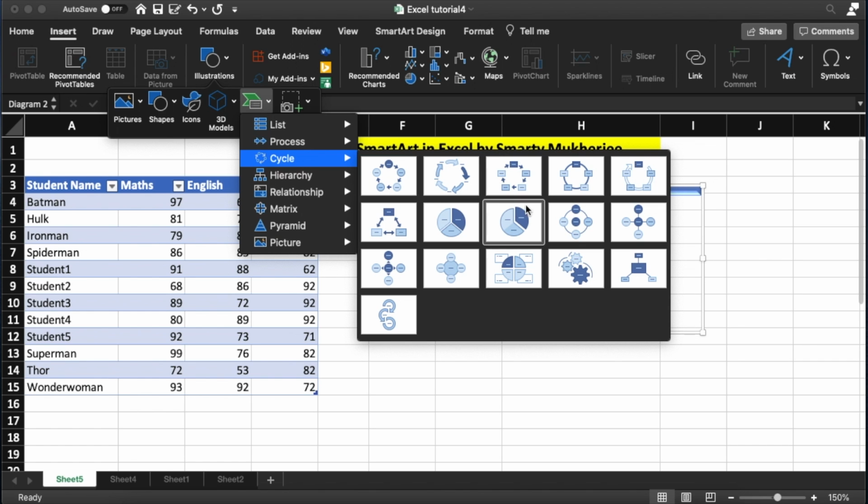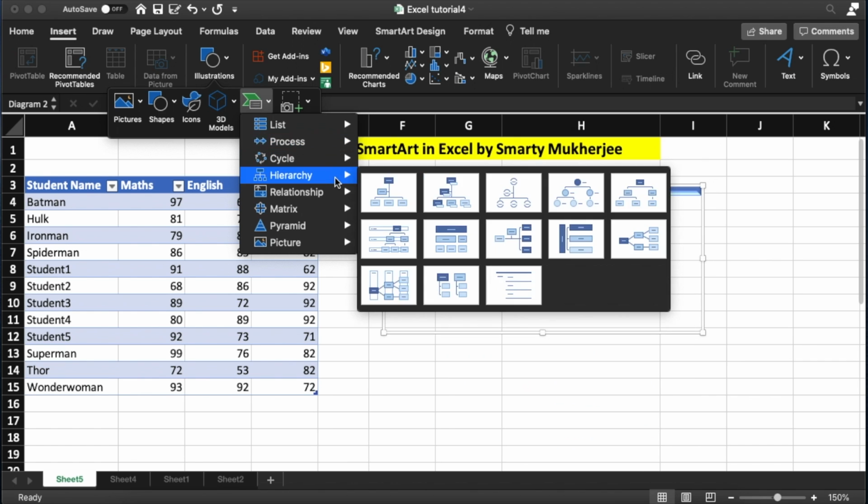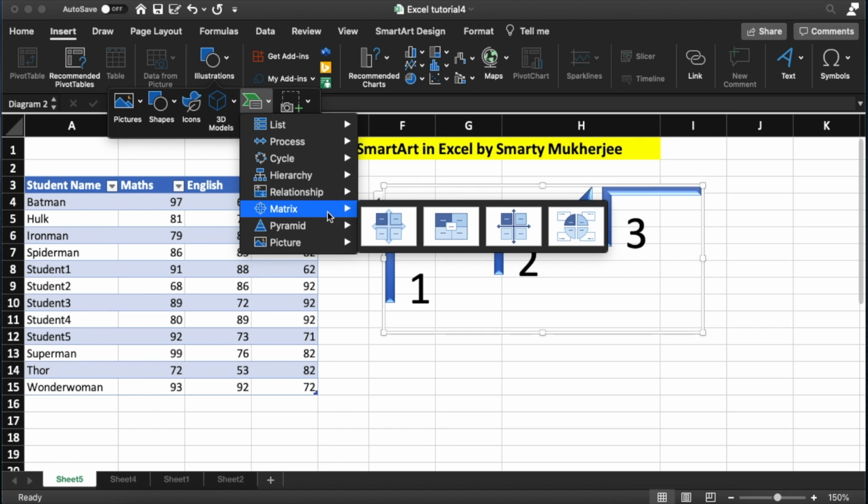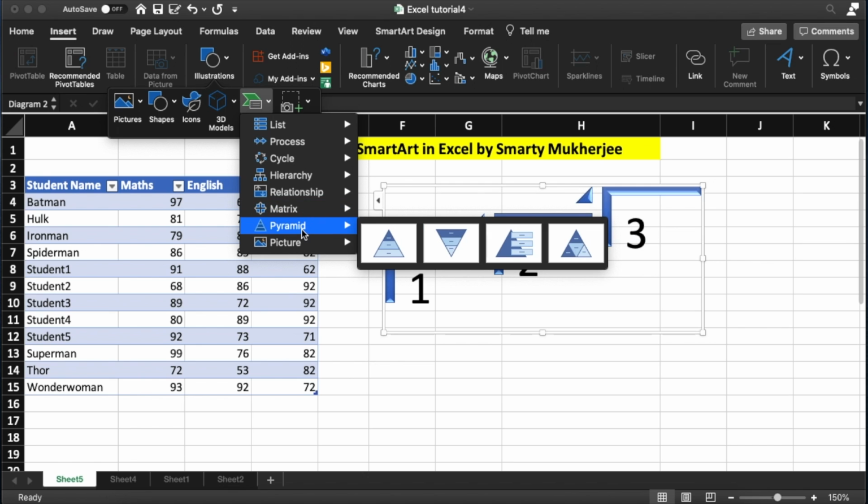If you are trying to show a hierarchical representation in the leadership, if you're building the organization structure, you can use this chart. If you're building a relationship structure, you can use these charts. If you have a matrix kind of representation, then you can use this chart and show, say, your risks in this chart. You can use the pyramid chart and obviously the picture chart.